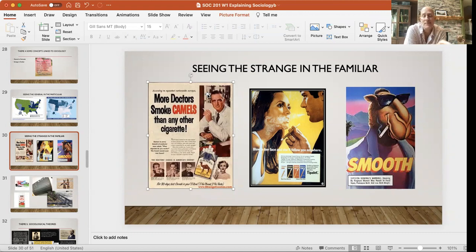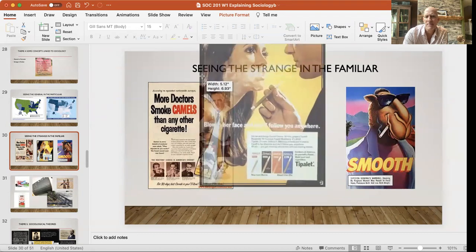And the reason that tobacco companies are doing this is because science at that time was starting to indicate that smoking tobacco is actually harmful to one's health, and it could cause cancer. So the response from R.J. Reynolds and other tobacco companies would start to do these ads where doctors are saying smoke this brand of cigarette versus another. This is 1970s, maybe 1980s.